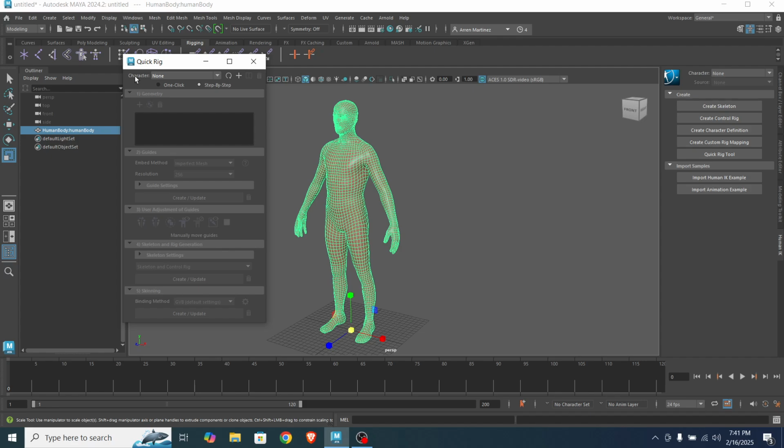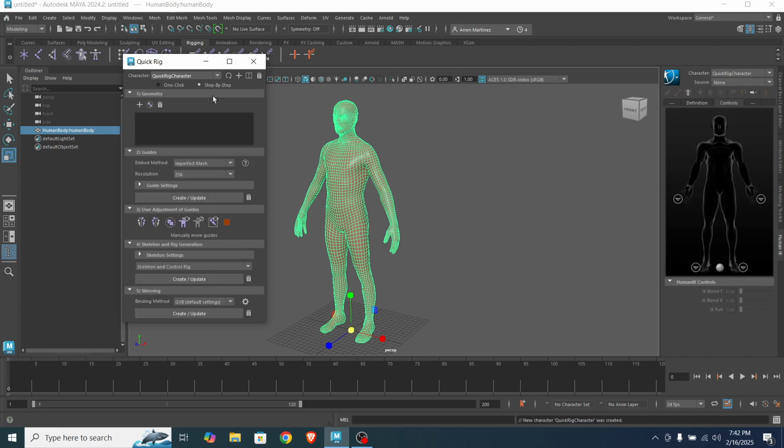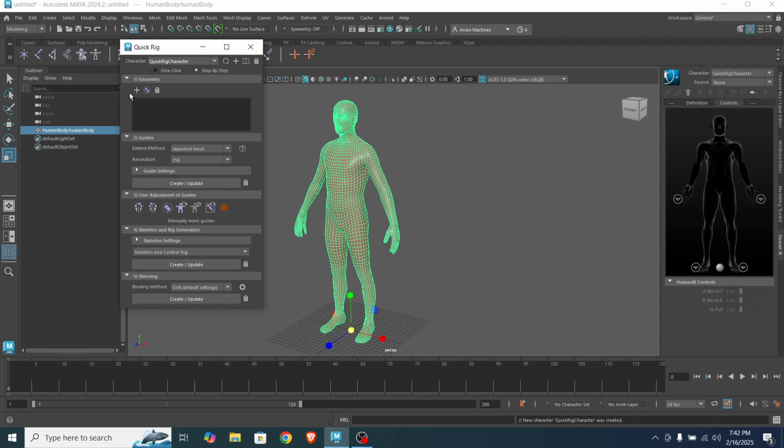Okay? So we have here the character. Just click the add icon, so it creates a new character. You see, the rigging information appears on the right panel. So also these stages in the rigging enable you to adjust the settings. Okay, so in the first stage we have your geometry. If we click add selected meshes, basically I want this to be detected by Maya. So click add.